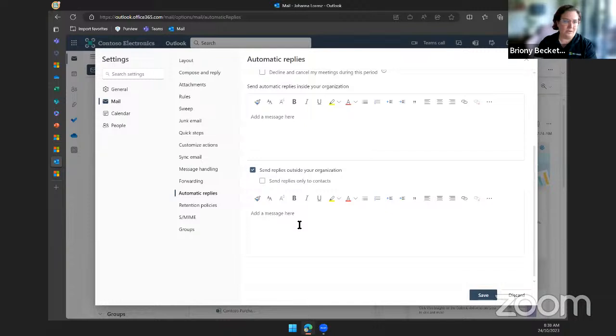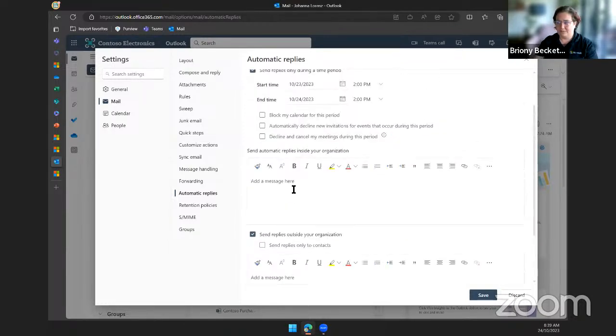So I might have a more casual message or different context to someone internally emailing me, whereas the external reply could be slightly different. Or sometimes if I'm only going out of the office for a day or just the afternoon, I would probably actually untick this, so only sending replies to my internal contacts.